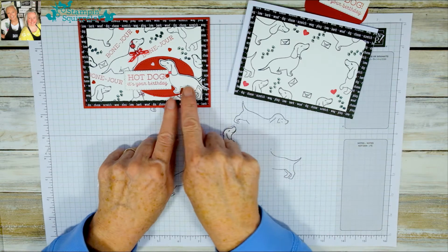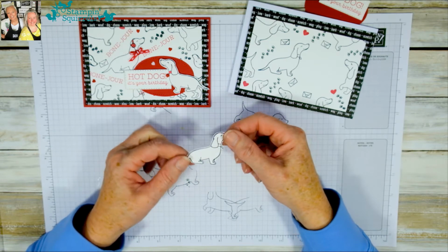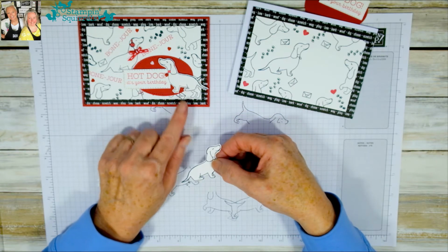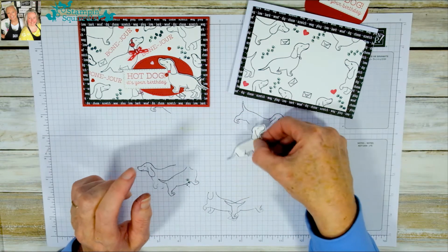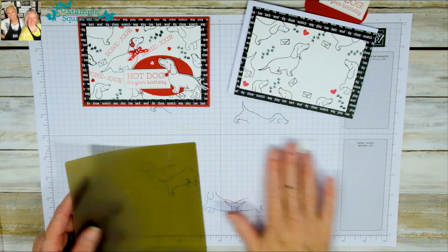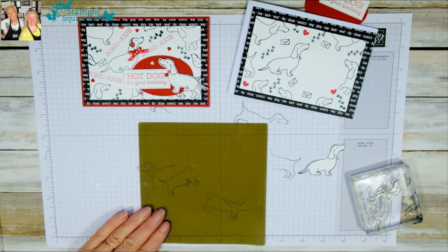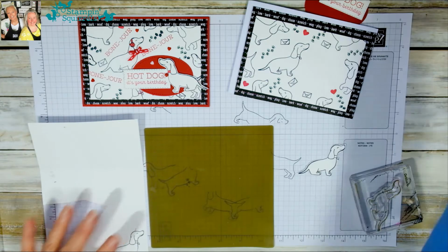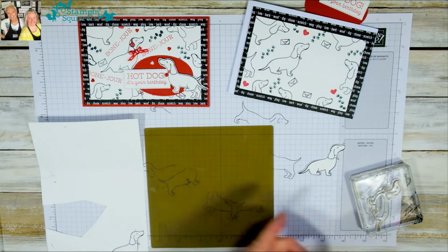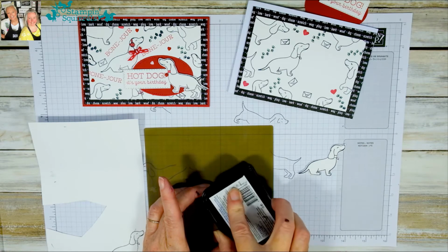Now you might notice that this one's facing the opposite way, and it's a really good point, and that's because I reversed the image. And you might be asking, how did you reverse the image? Well, I'm going to share that with you. I'm not going to do it today, but I can definitely show you what I did. So what you actually do, take my piece of mucky scrap card, take your block, ink up your image, make sure you get lots of ink on it,